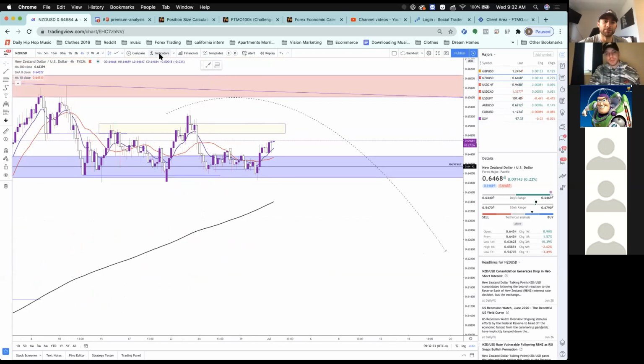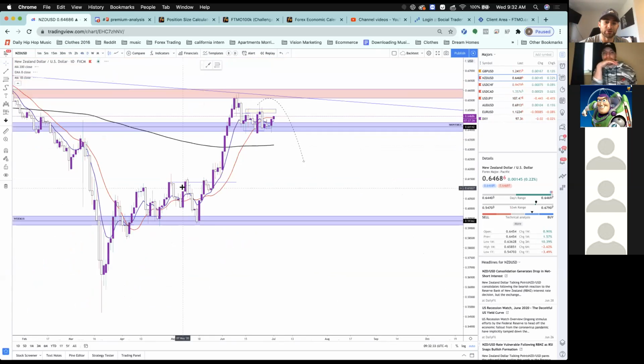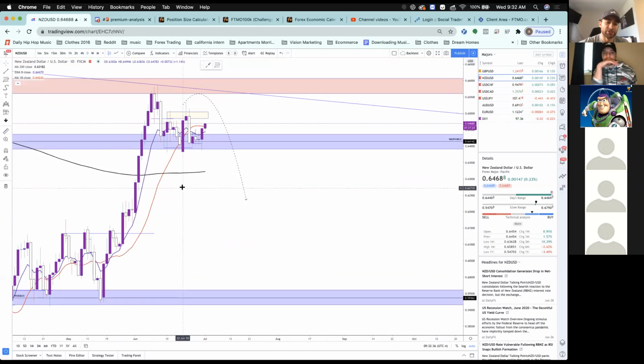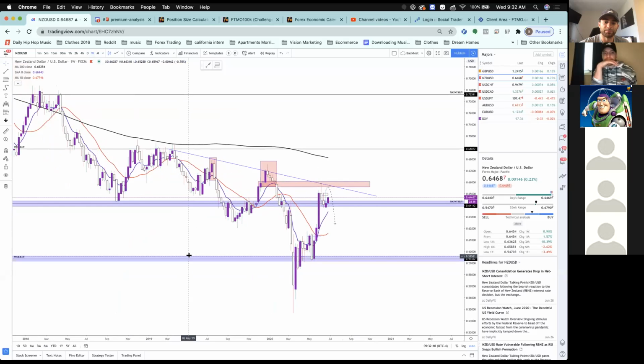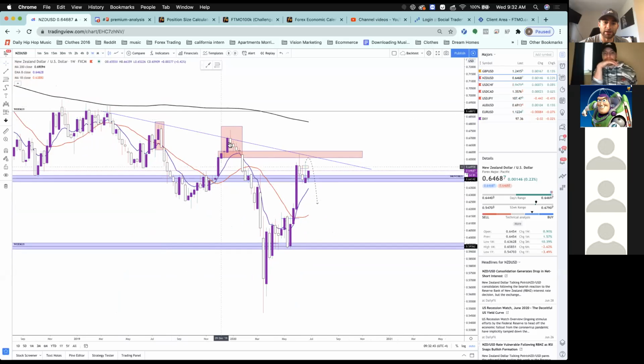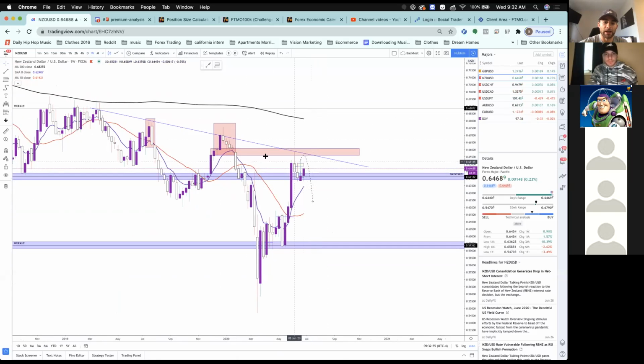Let's go over to NU. The way a lot of things are moving right now is they're pulling back to levels that we need them to be at in these higher time frame structures to continue to take positions based on that. So let's start on the weekly with NU. We made this lower low, pulled back, made this lower high, made this lower low. Now we've been in this area for quite some time, and this happened here, this happened here, this happened up here. We continue to talk about how this could potentially be a huge sell-off.